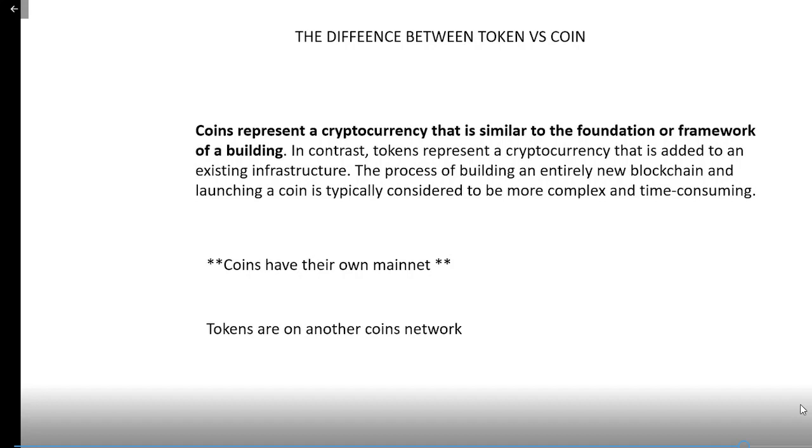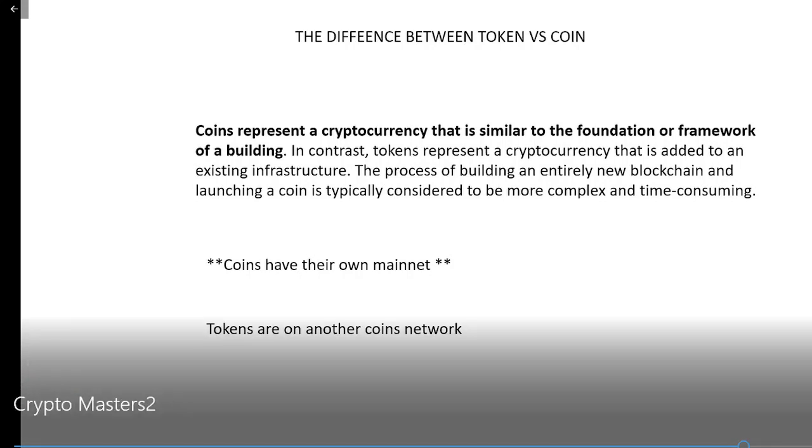Okay, so then you have what's called a mainnet. So what these coins will do is they'll start off as a token on, say, the Ethereum blockchain, while they're developing their mainnet and testing their mainnet. They're beta testing their mainnet, and once they're ready for it to go live, they'll take that token off of the Ethereum blockchain and put it on their own mainnet blockchain, etc. Okay, so the way to remember that is tokens are on another coin's network. Okay, that's how you remember that. All right, tokens are on another coin's network.